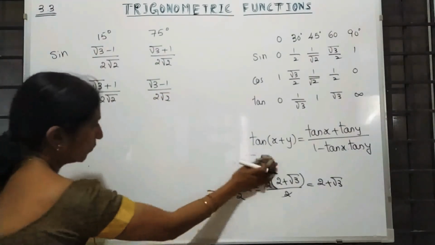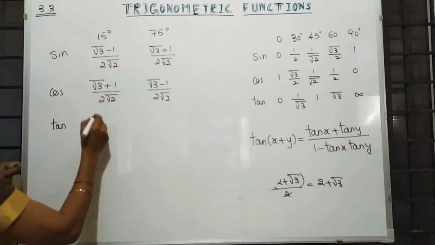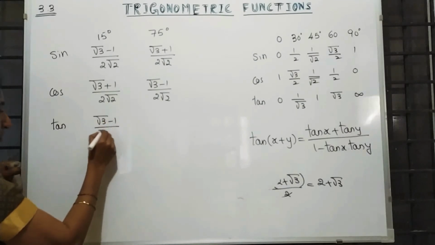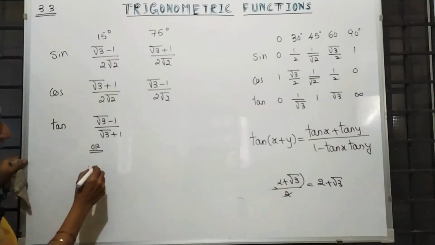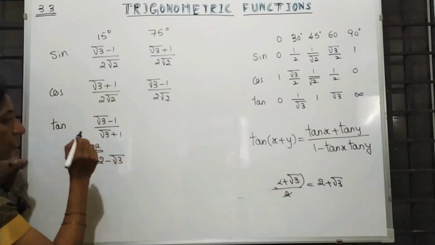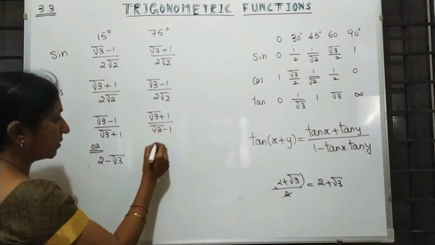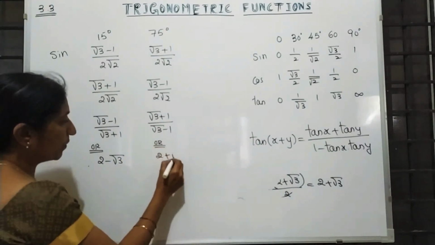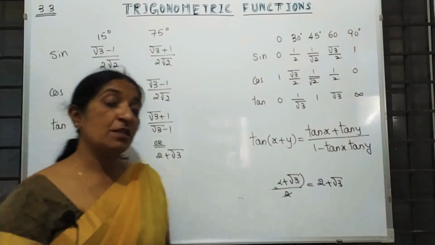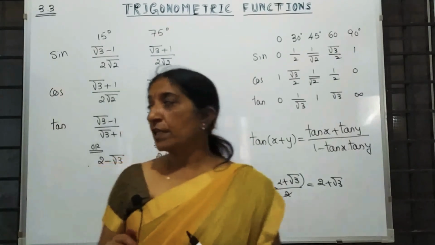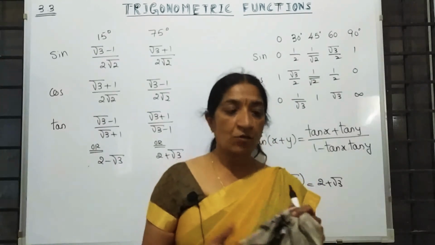And write down the tan value. Tan 15 is sin upon cos, so it is root 3 minus 1 upon root 3 plus 1. But you know that everywhere we are not using this, we are rationalizing and writing. It is 2 minus root 3. Tan 75 is root 3 plus 1 upon root 3 minus 1, or it is 2 plus root 3. Is it interesting or what? Yes. Please remember and note this down. This is very important for your CET. Moving to the next question. In the last class I completed it till the 9th one. Now I am moving to the next question, that is the 10th question.